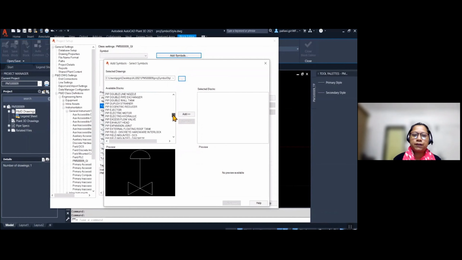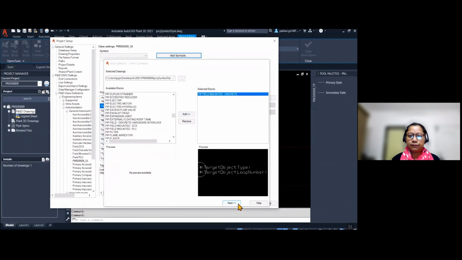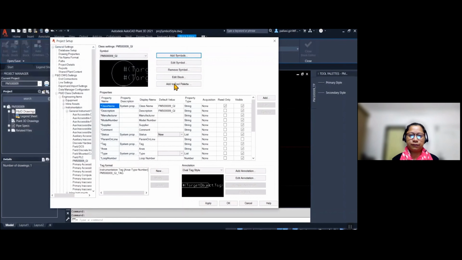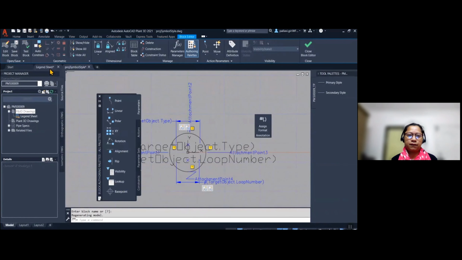And the default symbols which are available, we can select any one of them for the reference. So as it's a general instrument, I have selected the existing general instrument symbol. And I'm keeping the line weight, line type, and color as by layer. And I'm selecting layer as instrument. So I'm going to edit this block as per my requirement.